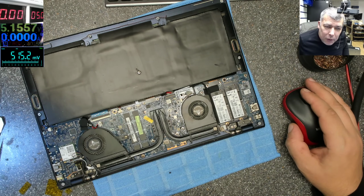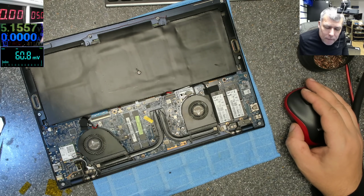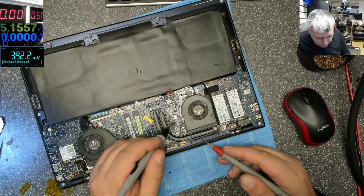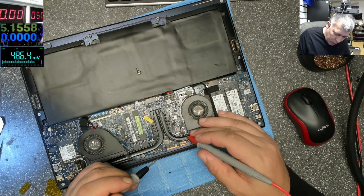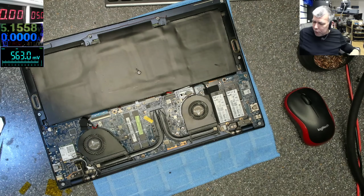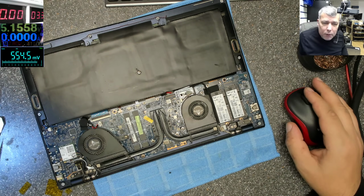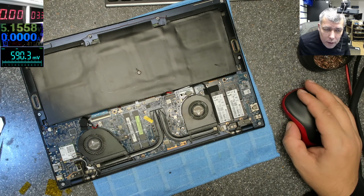Which is the output? Wait, there have to be some MOSFETs and the coils, and there are two small coils here. So one has to be 3.3. Let's try with 3.3. Now let's see on the chip, the 3.3 is